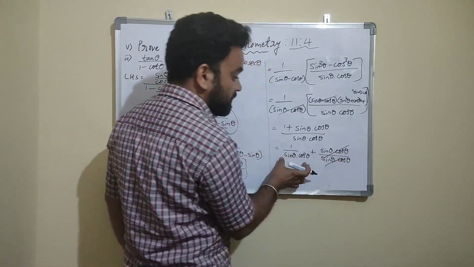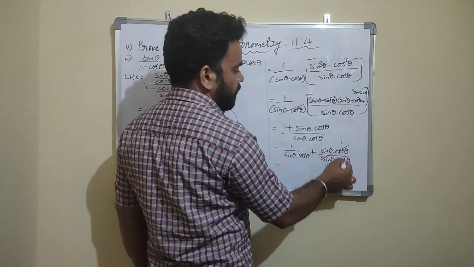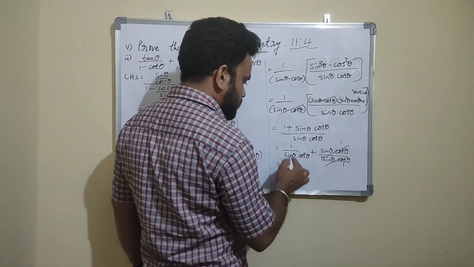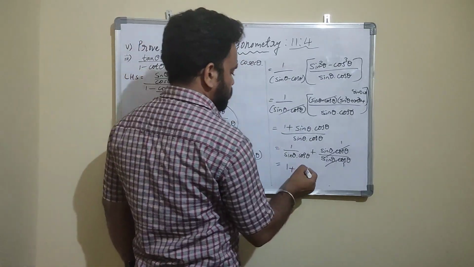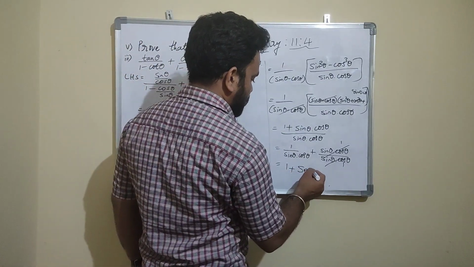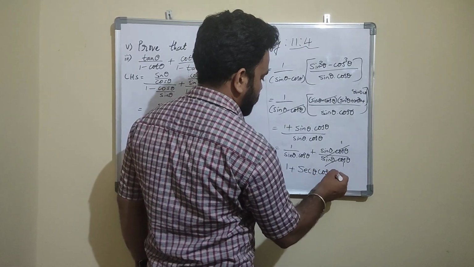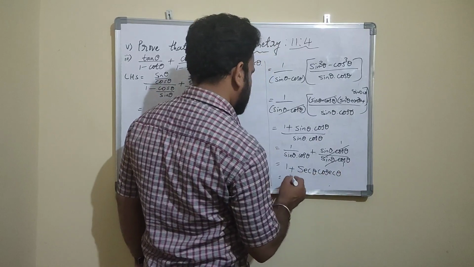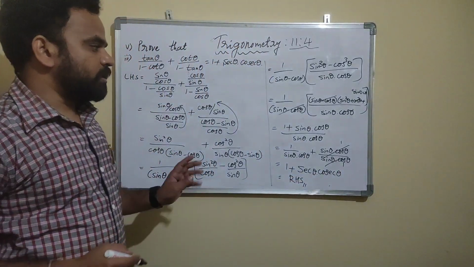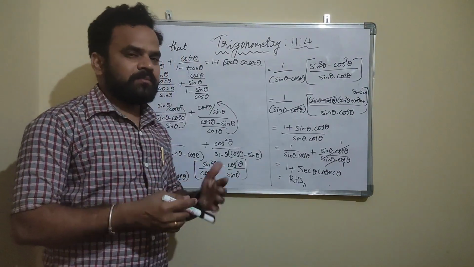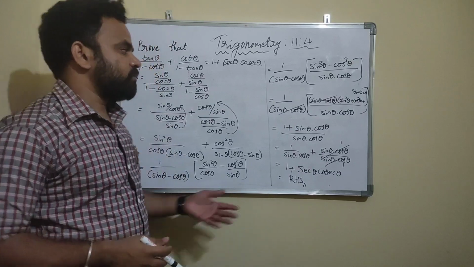See, after cancelling, what is remaining? This is remaining, right? So what can we write here? So 1 by 1, this is 1. I will write that 1 plus 1 by sin is cosec, 1 by cos is sec. So 1 by sin is cosec and 1 by cos is sec theta into cosec theta. Why am I writing like this? Because this is RHS, right? So somewhat difficult steps start in trigonometry only in this particular problem,